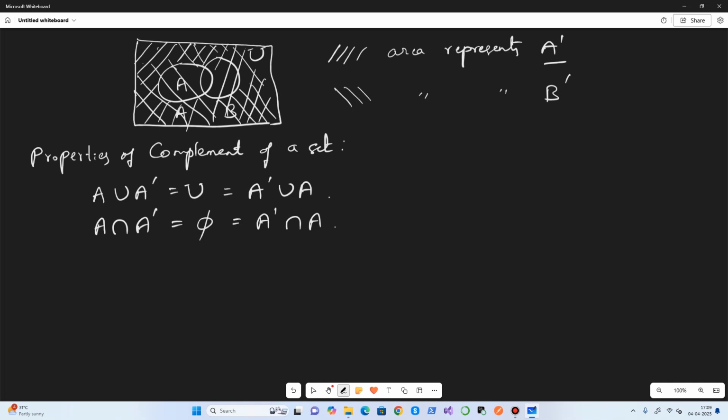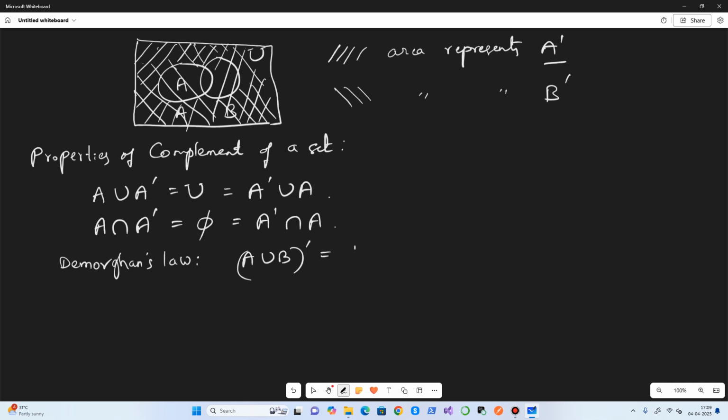The next one we call De Morgan's law. De Morgan's law says the complement of A union B is the intersection of the complements of the sets.